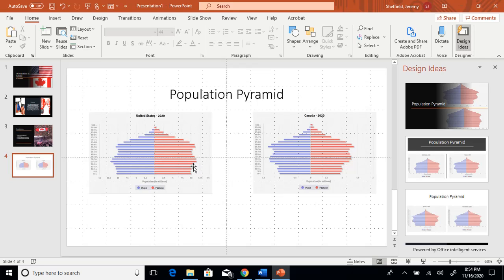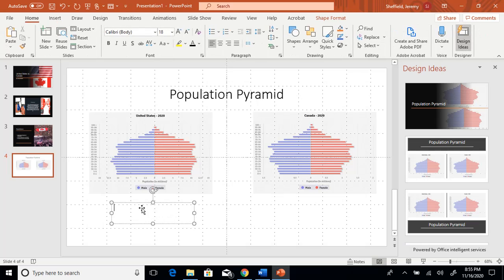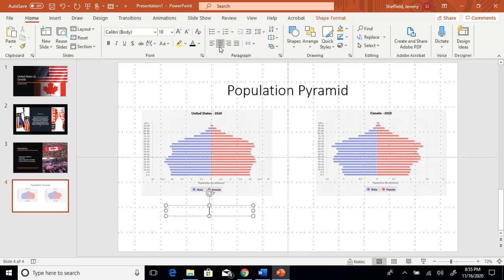If it's straight up and down, it's stable, and if it's coming in, it's shrinking. Well, I would say the population pyramid for the United States is actually pretty stable, maybe shrinking a little bit, but it's closer to the stable side more than anything. It's not really shrinking past it. This is closer to a straight line, and so I'm going to insert a text box right down here, and I will put